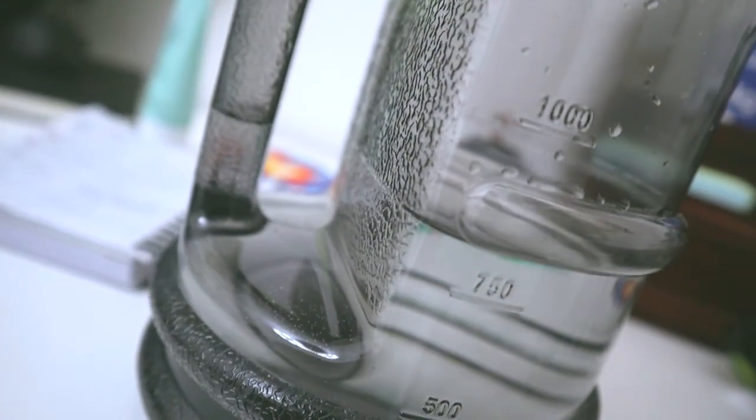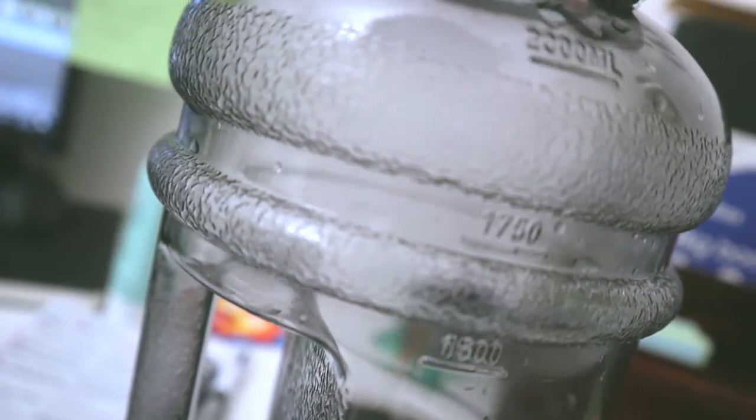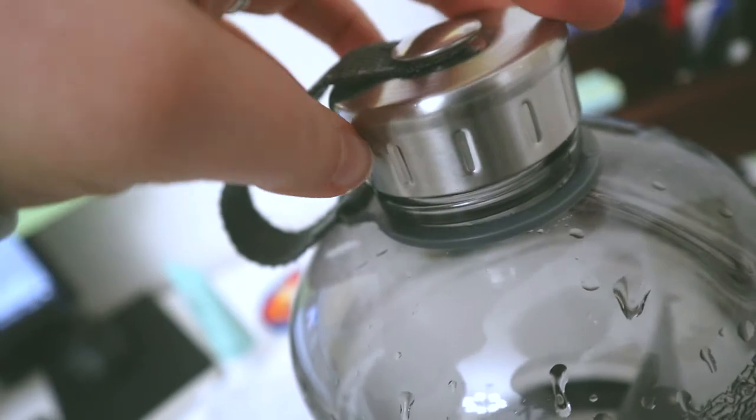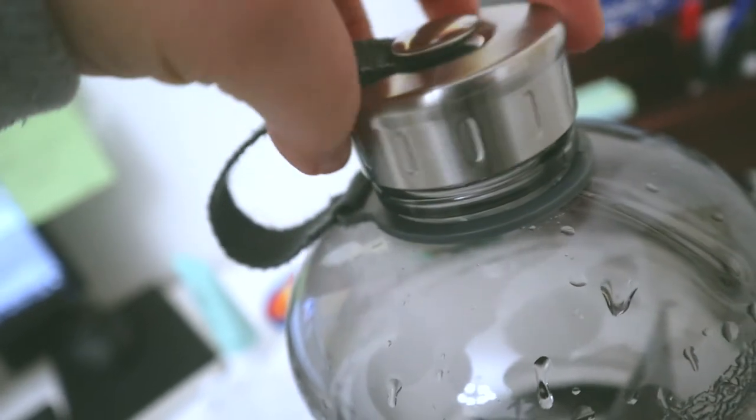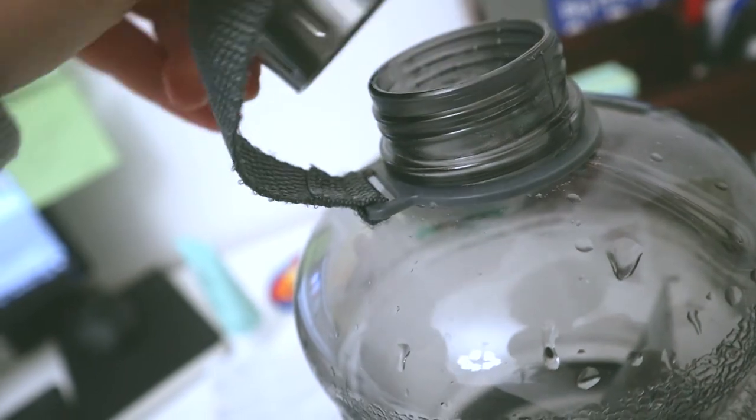I've been quite bad at it today actually, because it's already 5:30 and I've only had half of my bottle, so today has not been quite good, but I've had a lot on my plate today. So yeah, but this is extremely useful because I don't have to, as I said, worry about whether I've had enough water or not, because if it's empty by the end of the day, I know that I've had all the water that I technically needed. Speaking of which,